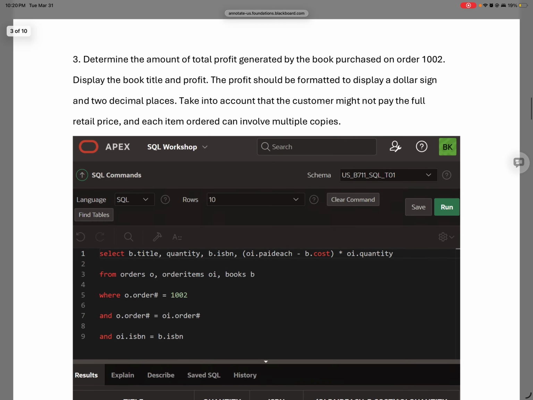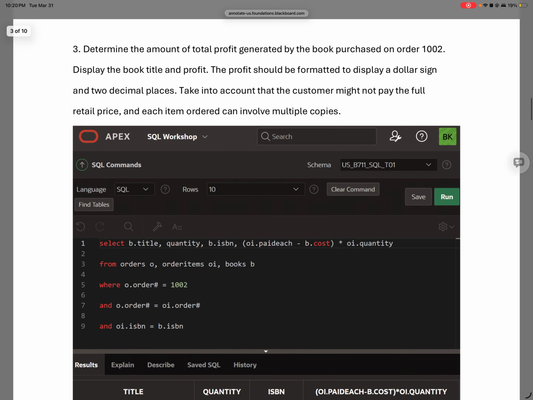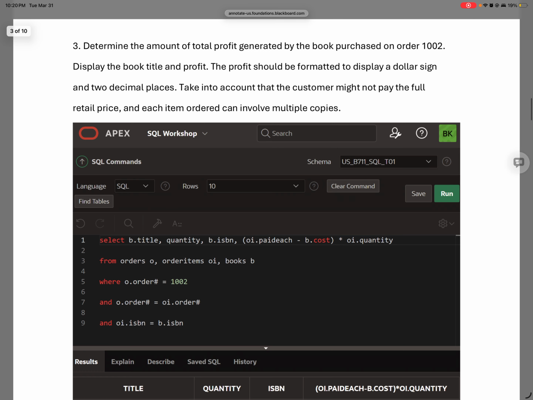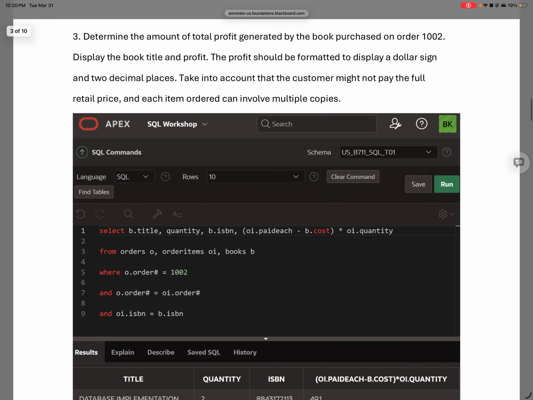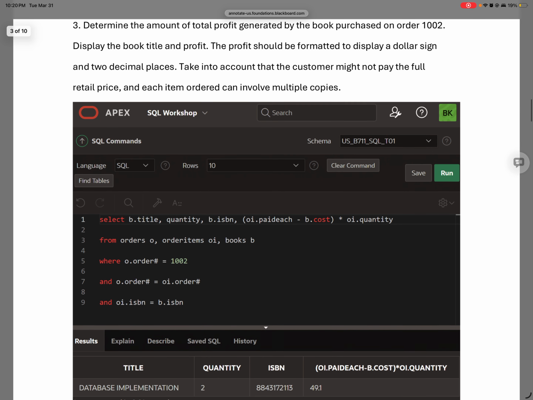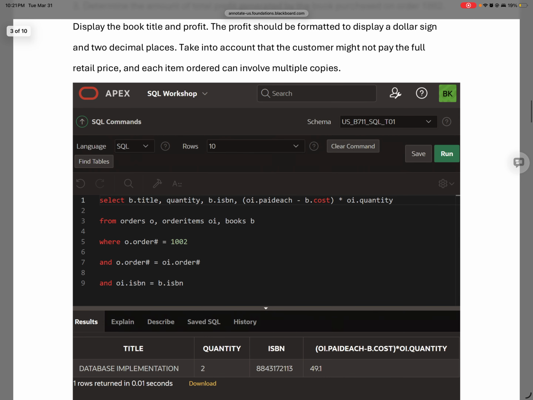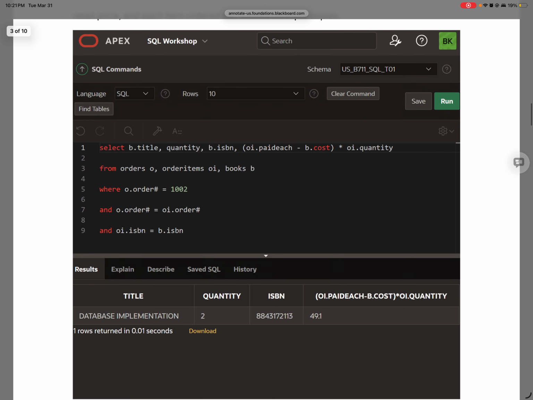Number 3, determine the amount of total profit generated by the books purchased on order 1002. Display the book title and profit. The profit should be formatted to display a dollar sign and 2 decimal places. Take into account that the customer might not pay the full retail price, and each order can involve multiple copies. So we're going to say